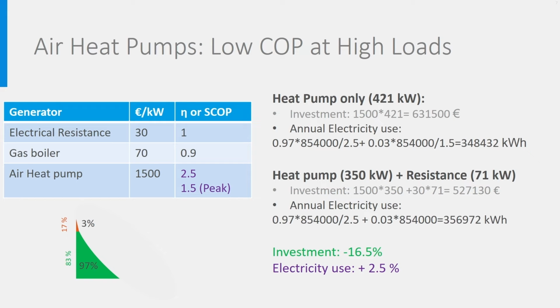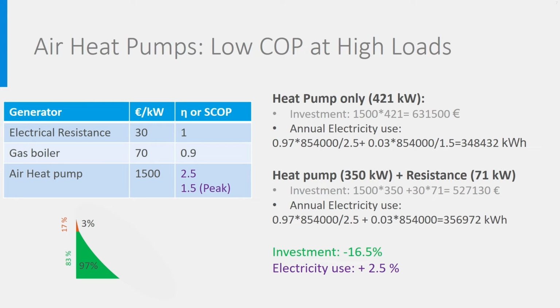The COP of an air heat pump, on the contrary, varies a lot with the load. High loads take place when it is cold outside, so at high loads the heat pump must bridge a high temperature difference between the outdoor air and the indoor air, and its COP is very low. In the course Energy Supply for Buildings, we show how much the COP would drop.